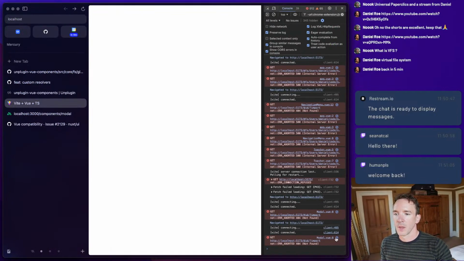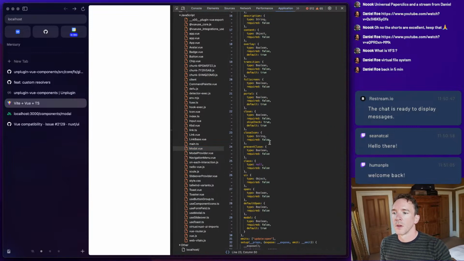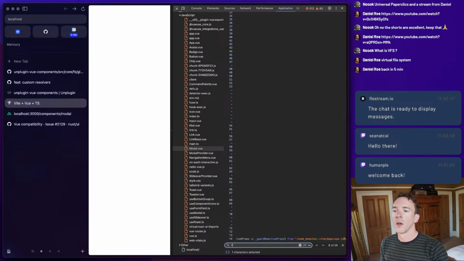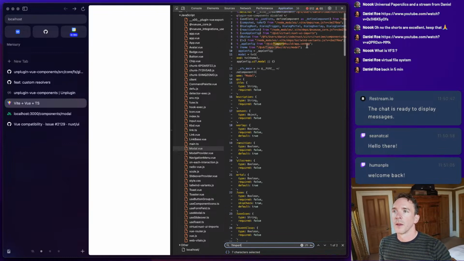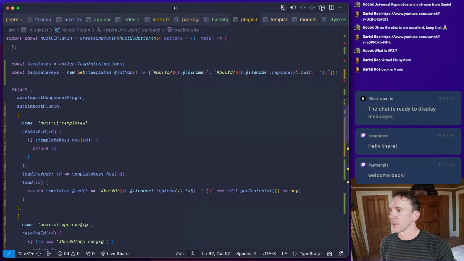No. Okay, so what is coming in from modal? Aha, okay. Build app config. That's probably the build thing up here.